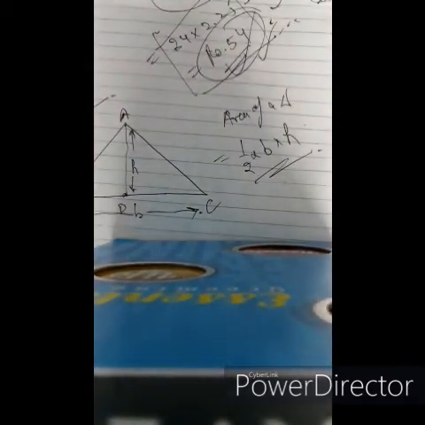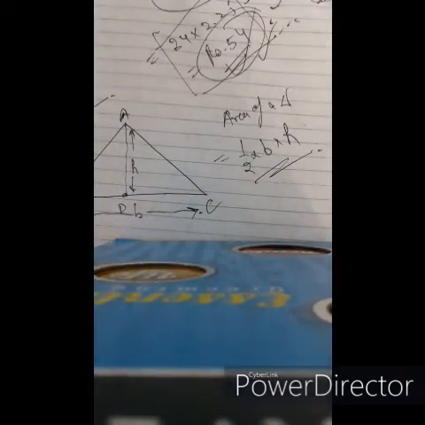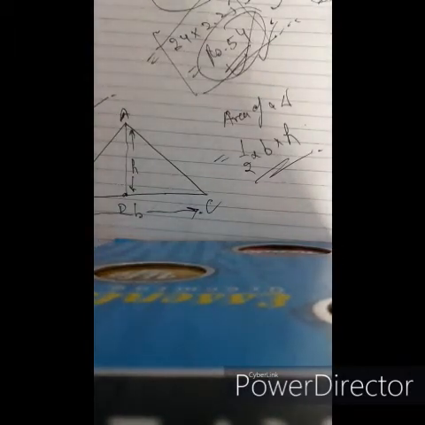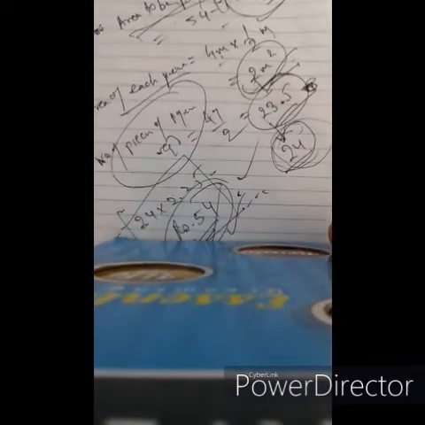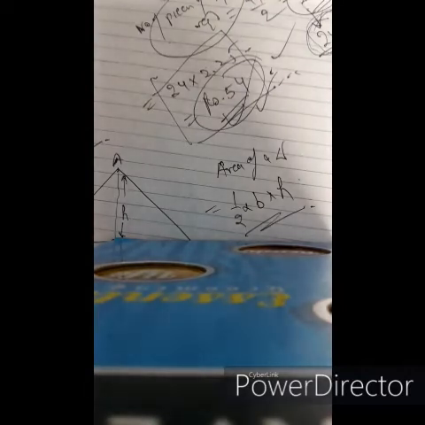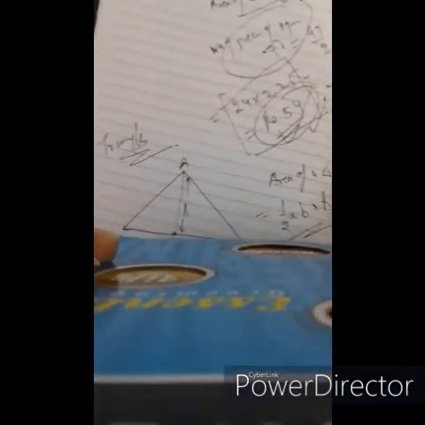You have to remember this formula. Area of a triangle is given by half into base into altitude, that is height. Alright, so this is the basic formula for the area of a triangle, half into base into height. You have to remember this in order to solve a few problems regarding triangles. So now coming to area of a triangle based on Hero's formula.